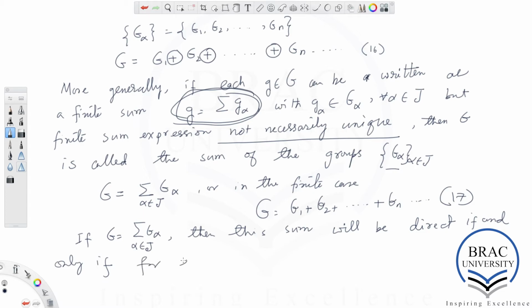for each fixed alpha 0 in the index set J, G sub alpha 0 intersected with the sum of G alphas, where we have to exclude alpha 0 in this sum, and take the intersection, has to be the identity element only and nothing else.